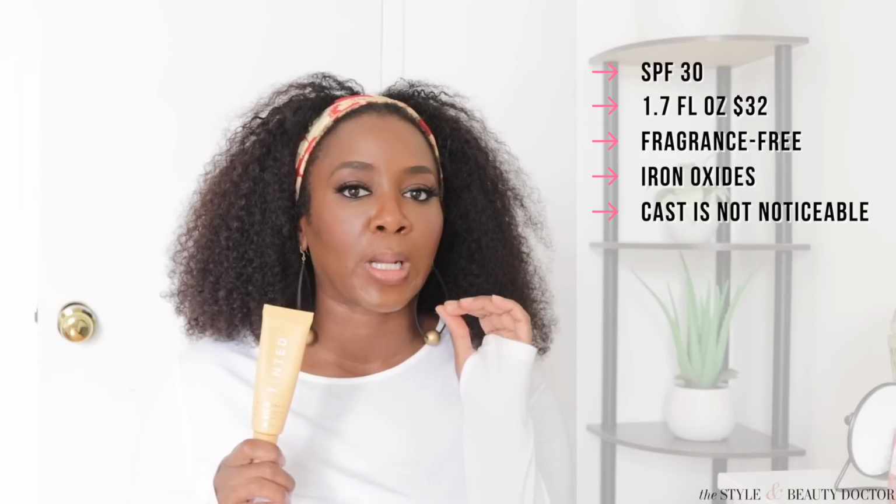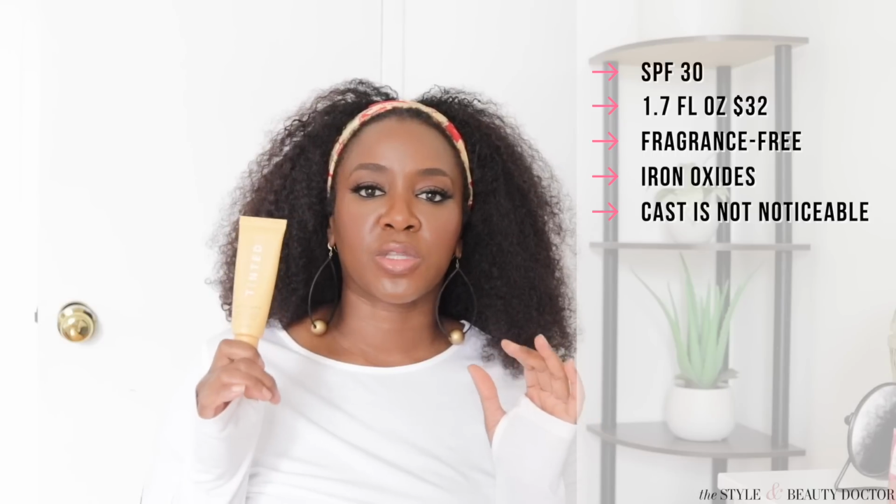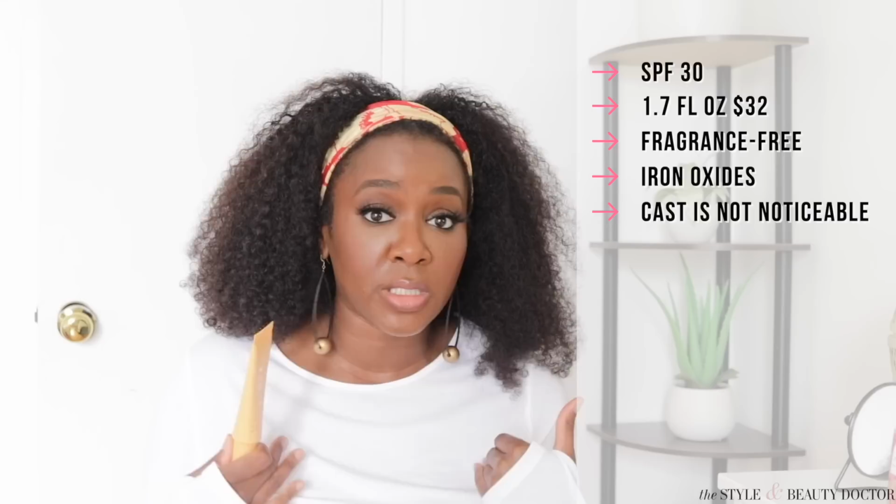Now, the cast is going to look different on different skin tones, of course. If you have a more rich, chocolatey complexion than mine, the cast might be a little bit more clockable on you than it is on me. But I have to say that my experience with this product was really, really nice. It does have more of a satin finish, which I typically prefer a satin matte finish for my oily skin,